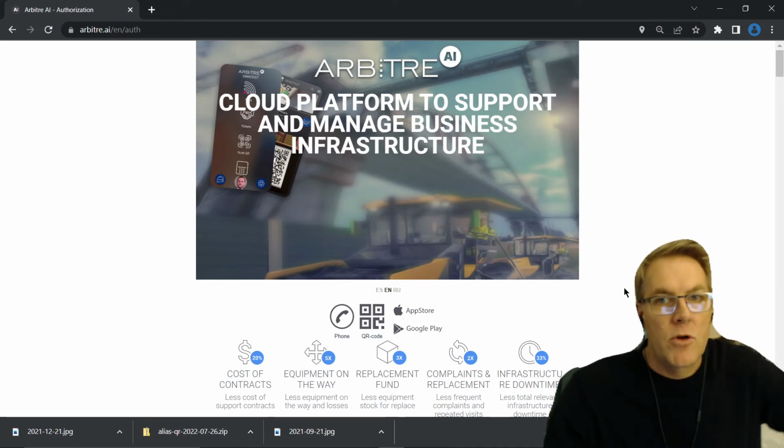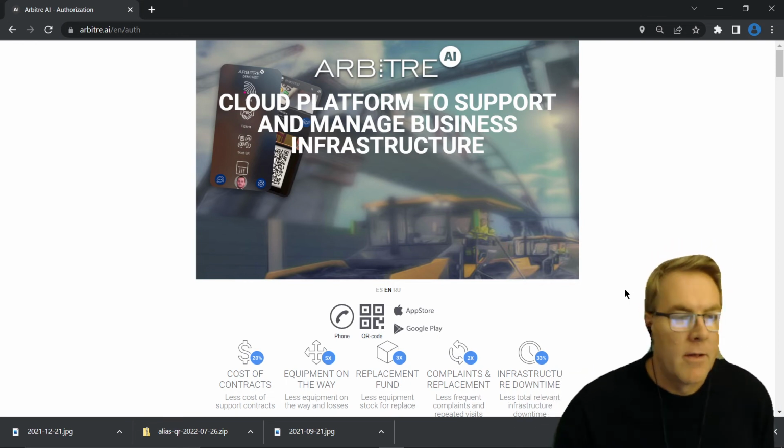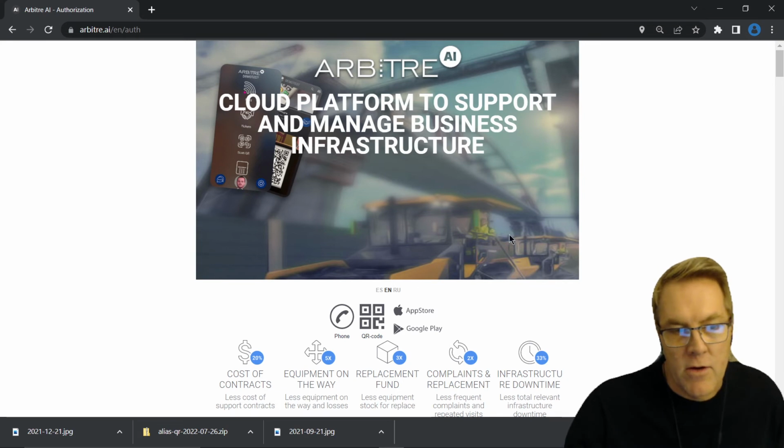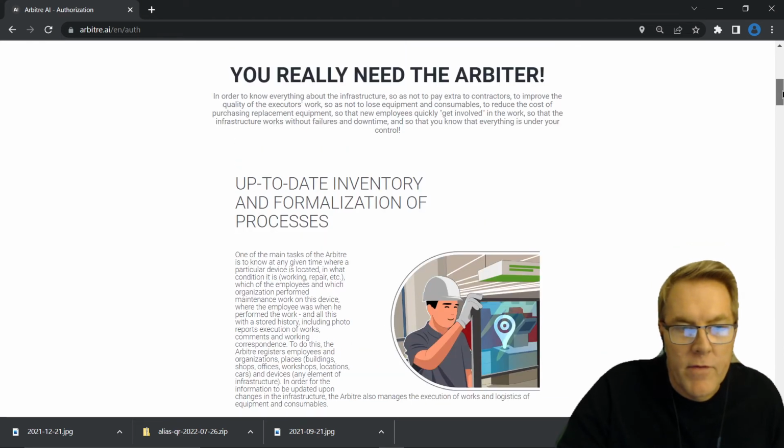What happens when critical IT systems go down? People lose money. So if there's less downtime, if your service requests are faster, and you've got an infrastructure-based software based on SLAs, and it's all contracted, in the long run, you do save money on infrastructure downtime. You really do need the arbiter, the referee, the overseer.